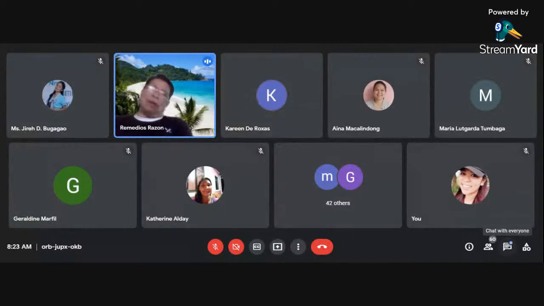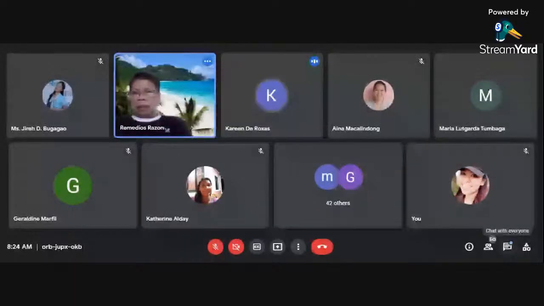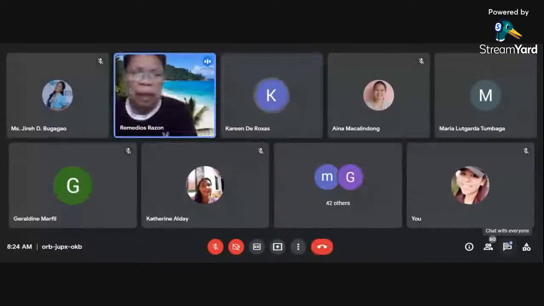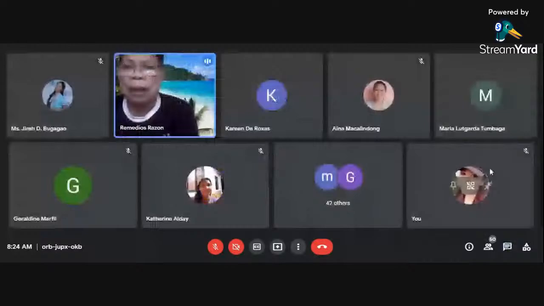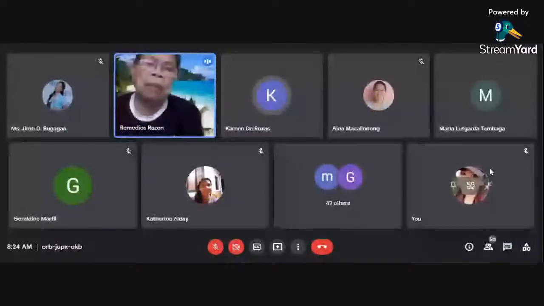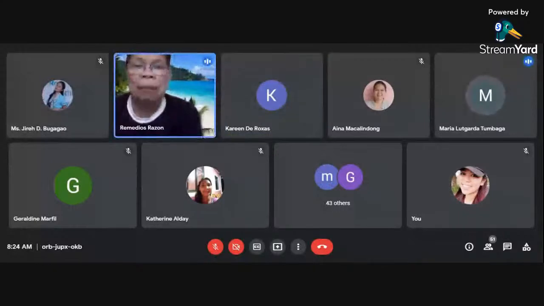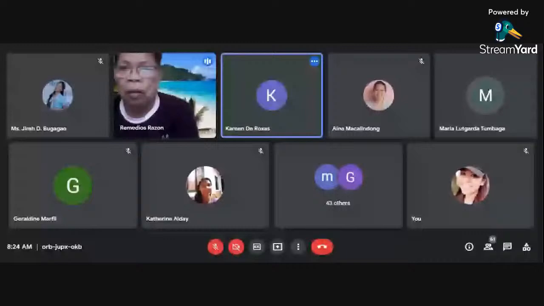Can you give me an example? One example ng upward communication. Let me see. Sino makakapagbigay ng example? Yes, sino sa inyo? Ano yung upward communication na have you experienced? Sabi nga ng ating reporter, ang upward ay coming from the bottom, o yung example niya from the pupils up to teacher. That is one example of upward communication. Lord, can you give me an example?